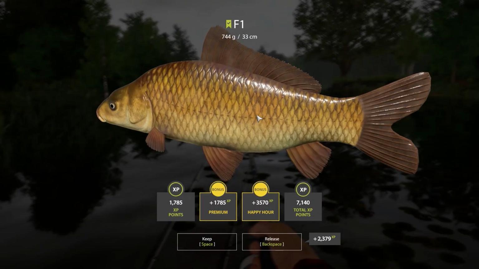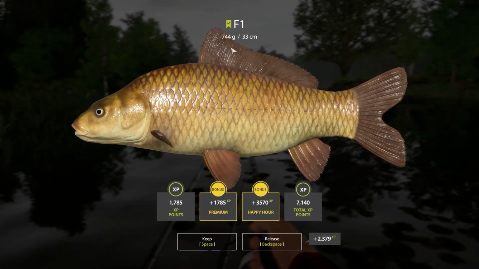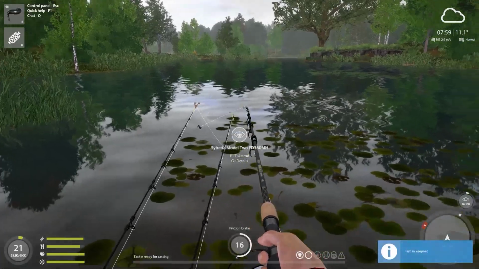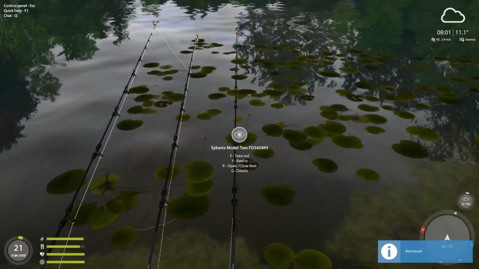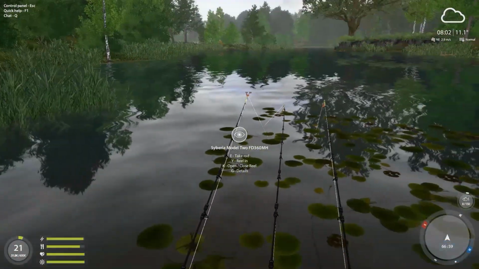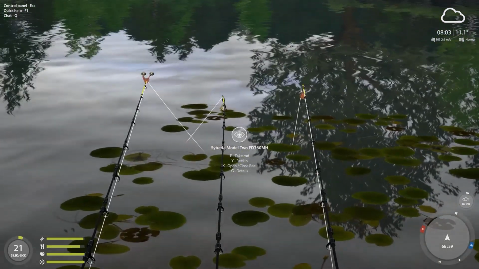And the game gods have answered. 744 gram F1. That's a very nice one and definitely my new BB. I think it just took some time for the leeches to start working. We had to pick all the other fish out of the way, and now I'm catching F1s on the leeches,